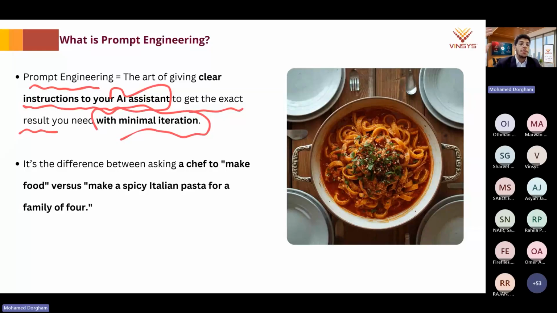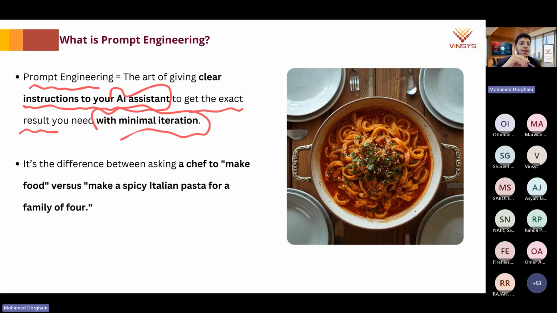Now, why is this very important? It's more important than you think, because when you're interacting with the AI, you need to understand the best practices for communicating with the AI system. Do you need to give it a single word, or a sentence? Do you need to give it a well-structured format?